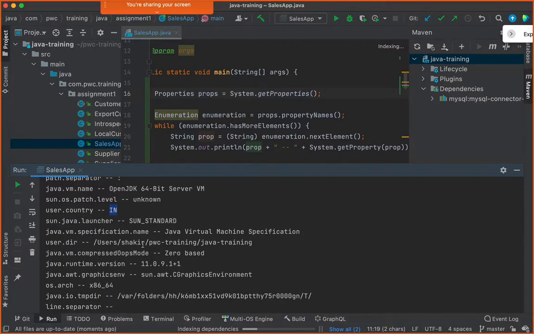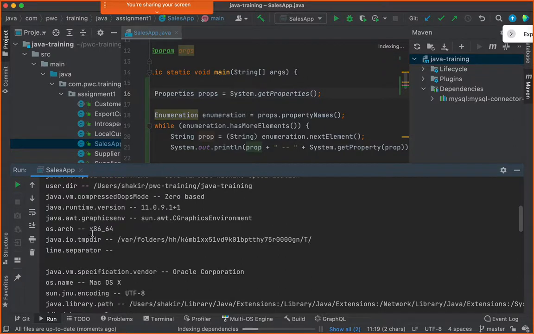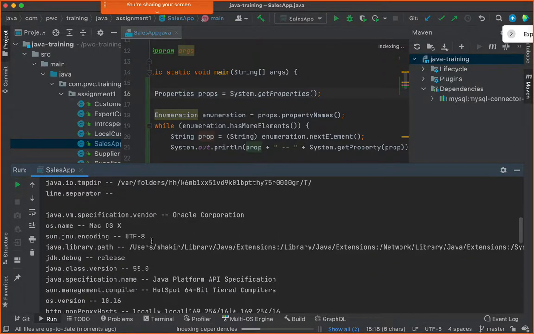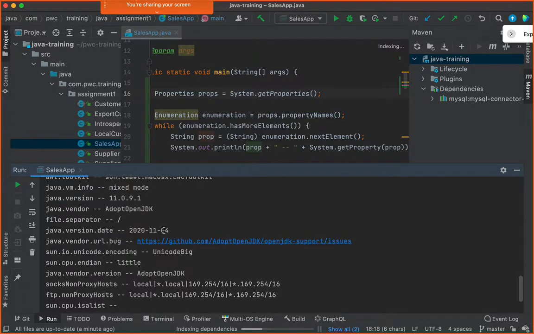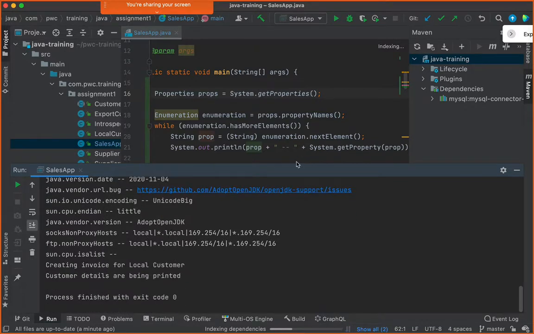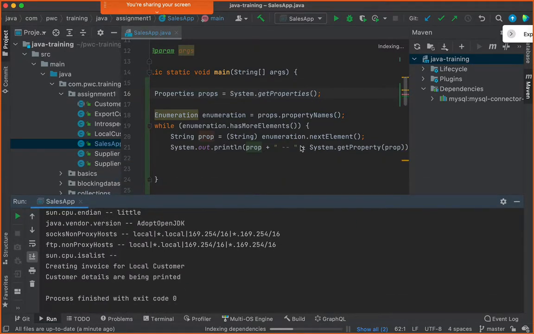You see this launcher, everything. Can you see this? This is the architecture of the operating system. line.separator is whatever. os.name, Mac OS X. You can see this. It prints everything. Isn't it brilliant? Okay, so this is what you can very well do.